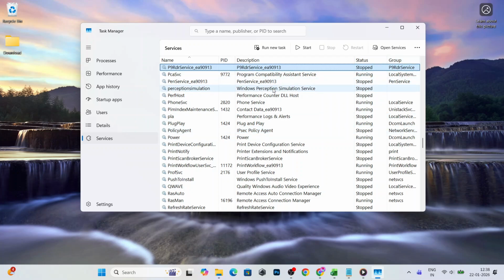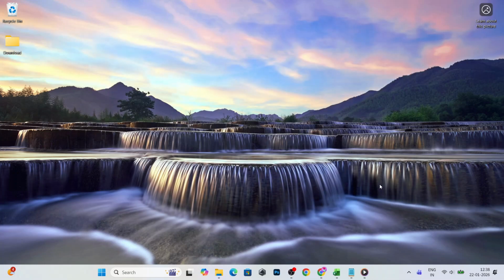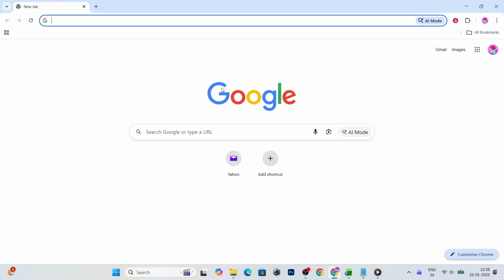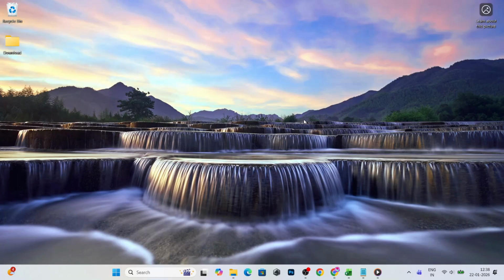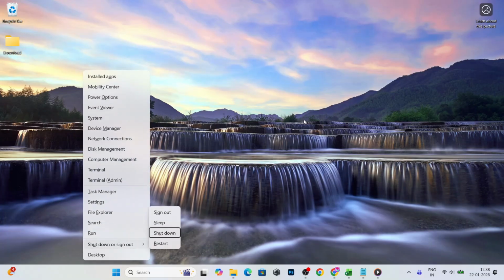Now test Chrome. Launch Google Chrome and see if it opens and browses as expected. If Chrome still seems blocked or you are unsure the change took effect, restart your computer to let the change fully apply. A restart ensures Windows doesn't reload the Parental Controls service and honors the disabled startup setting across the